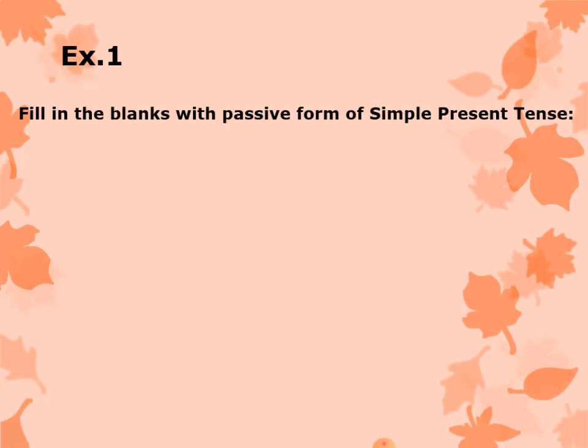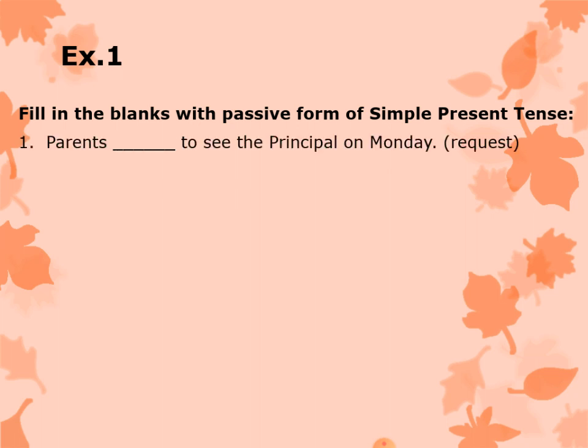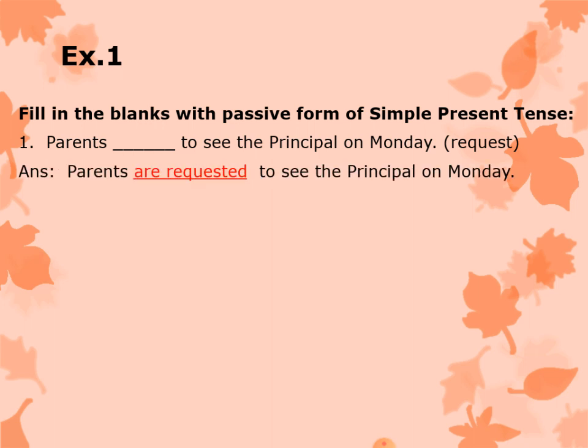Fill in the blanks with passive form of simple present tense. The first sentence, parents dash to see the principal on Monday. You have to make request in passive voice in simple present tense. So the answer is parents are requested to see the principal on